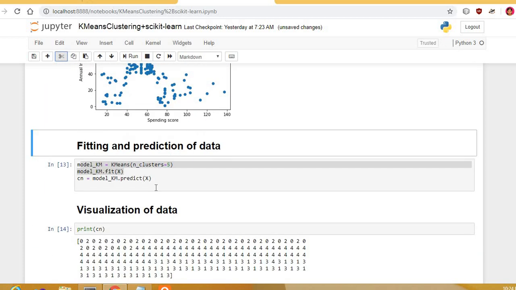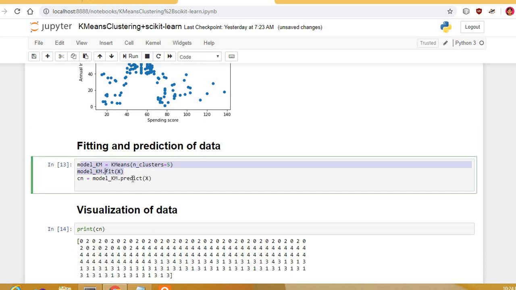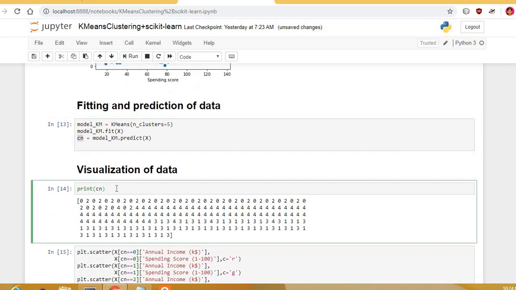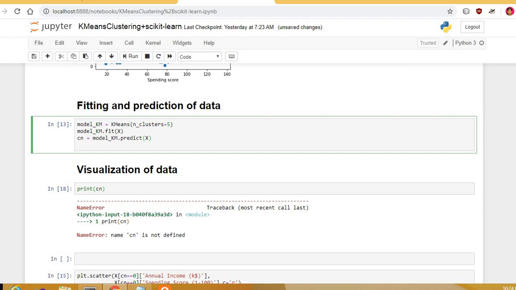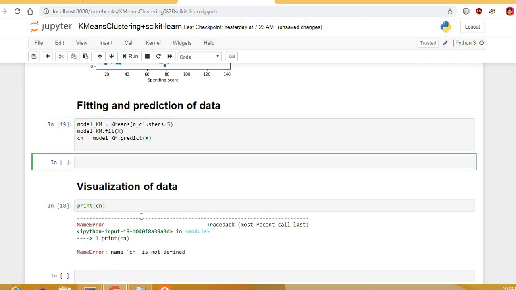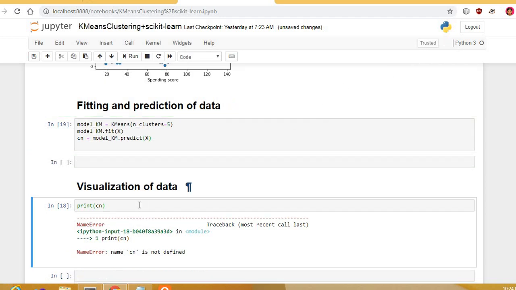After this we will fit and try to predict the data. Here fit is for training, then predict. The prediction is assigned to cn, the cluster number. Now we are going to print the cluster numbers. Name cn is not defined.